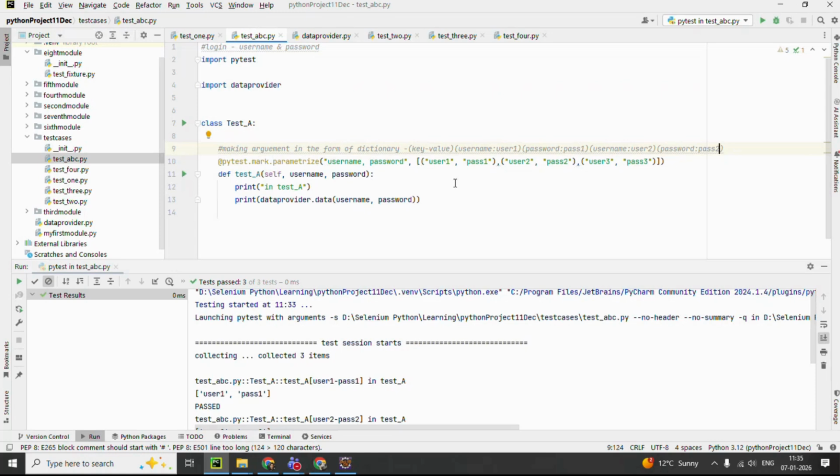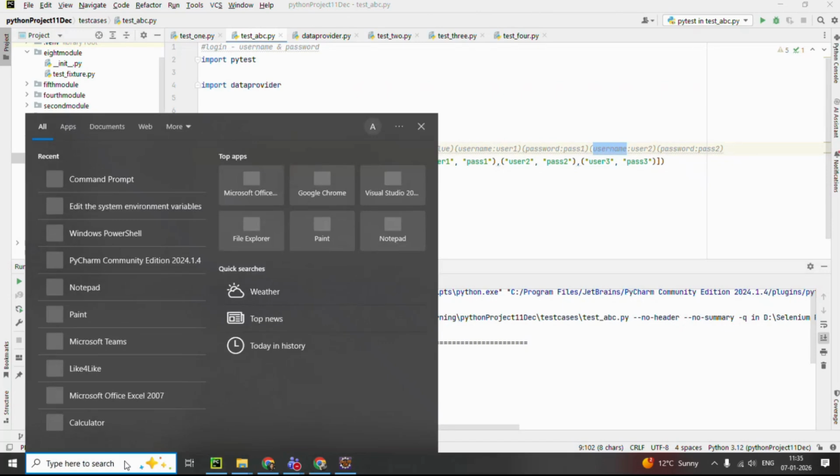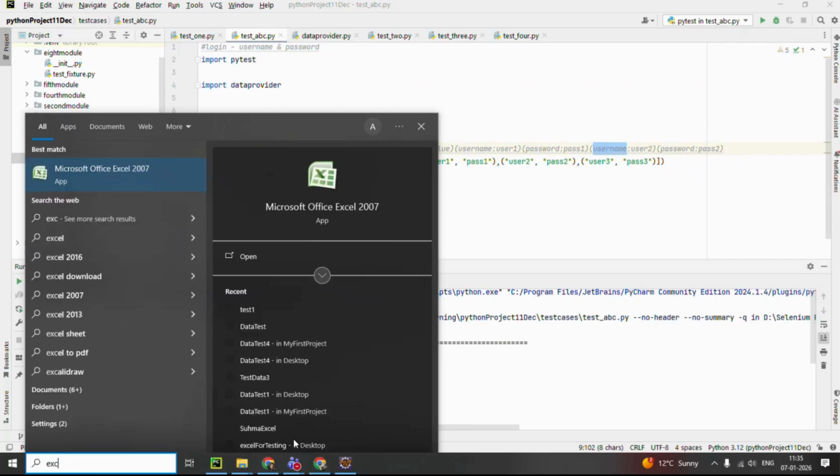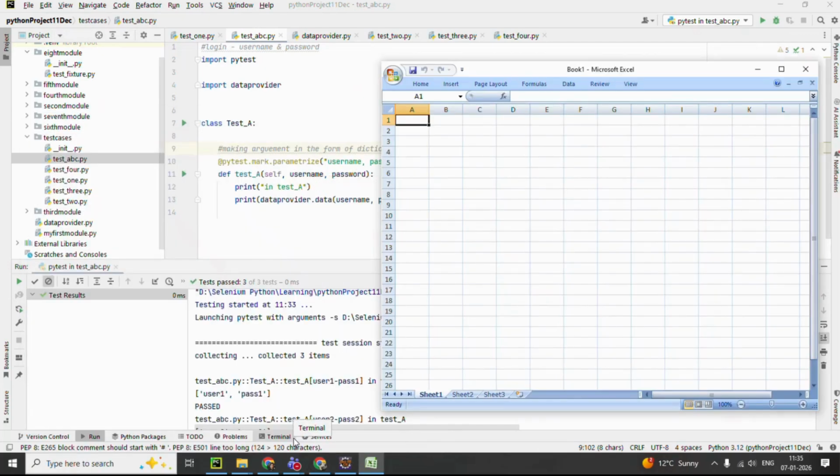In every pair, there is a key that is a column name, that is your username, and the column name remains always the same. The username is always there. The value is going to change. Yes. Understand the concept or not? Yes. Okay, now if I talk about the say Excel thing, suppose I want to write Excel data, suppose